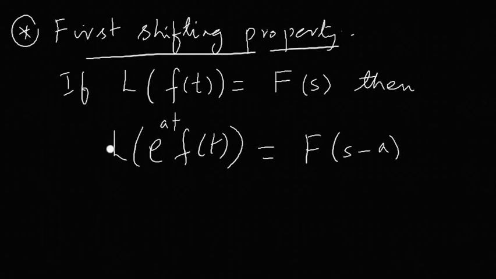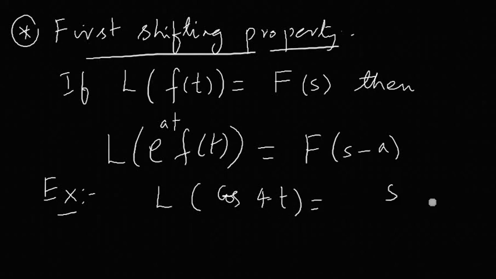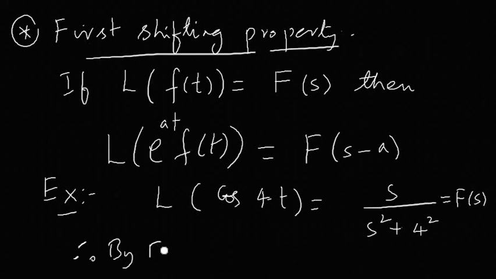So if you want to get the Laplace transform of the product of two functions where one function is exponential, then simply, without the exponential, take the transform of whatever function is there and write s as s minus a. Example, L of cos 4t will be equal to s by s square plus 4 square. This I'll call the function of s. Therefore, by the first shifting property or theorem, we get